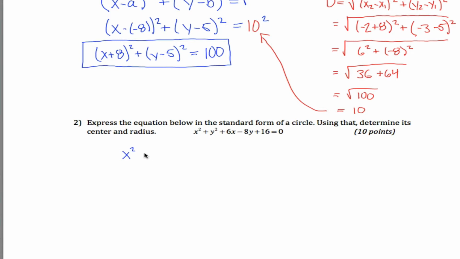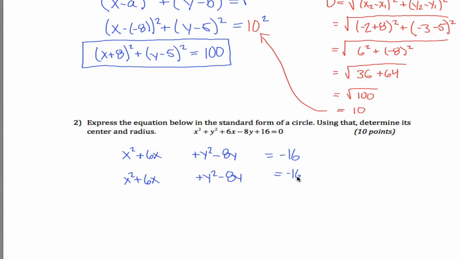So I'm going to rewrite this as x squared plus 6x plus y squared minus 8y, just reordering these first 4 terms so that my x's are together and my y's are together. And then I got this plus 16, which I don't want on the left-hand side, so I'm going to subtract 16 from both sides of the equation to give me minus 16 here. And on this next line,